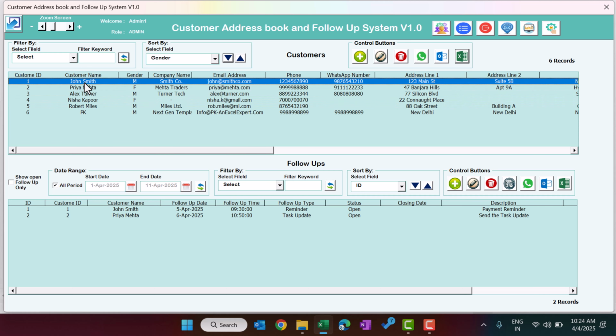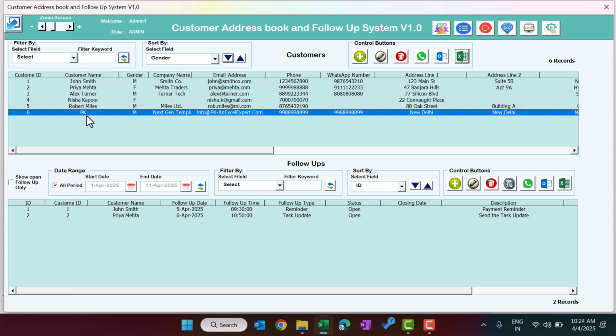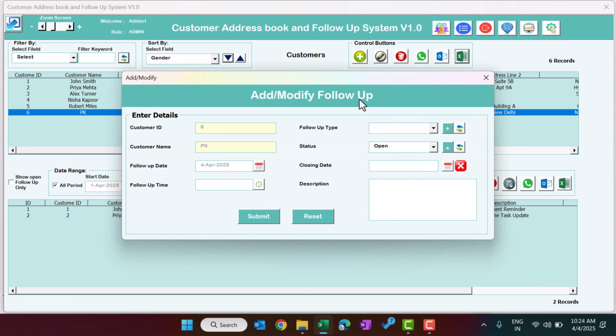So make sure you have selected a customer. Let's say I want to add a follow-up for PK. So I have selected this customer name here. Then I will click on this add new. Click on this. So it has opened the add new add modify follow-up window, and here you can select a